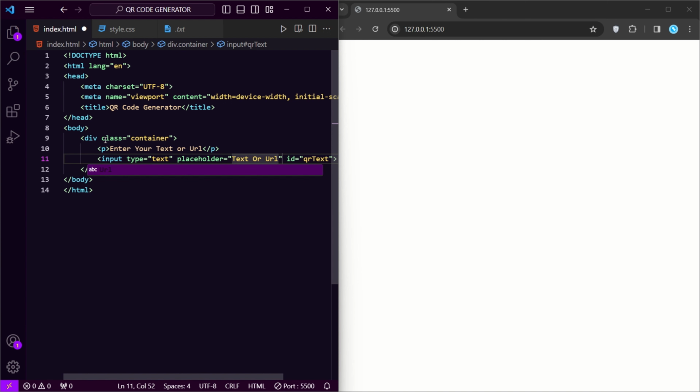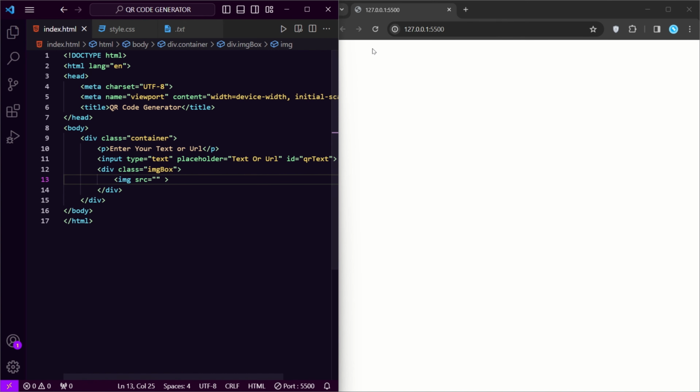Now take an image box: a div with class image box. In that, take an image tag and keep it empty.